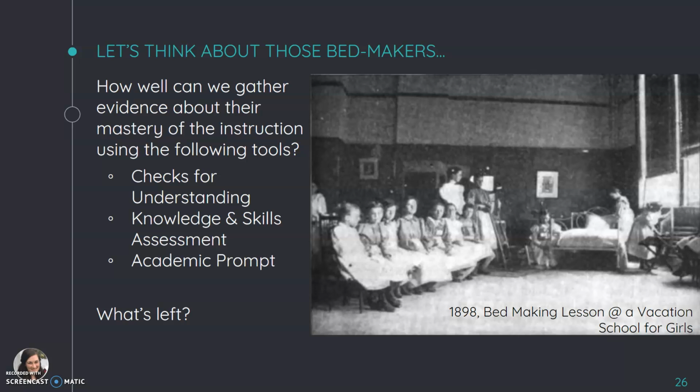Then, take a moment to consider, what would you still not really know about a student's mastery of bed making if you only used those kinds of assessments? What would be left? Now, take time to discuss, and when you're finished, move on to the next video.